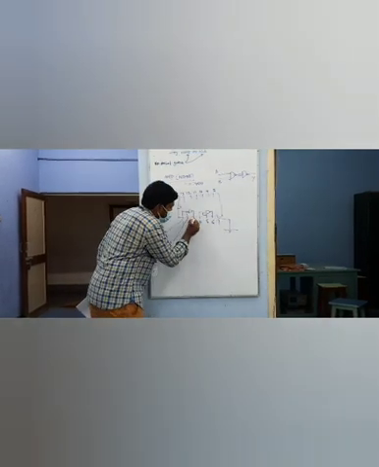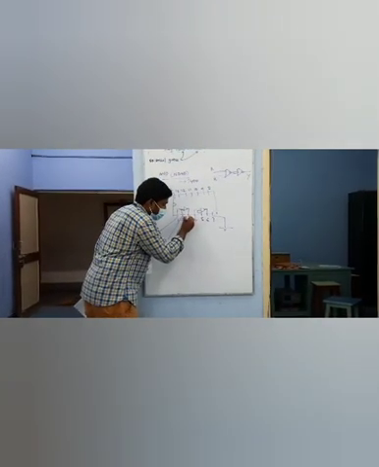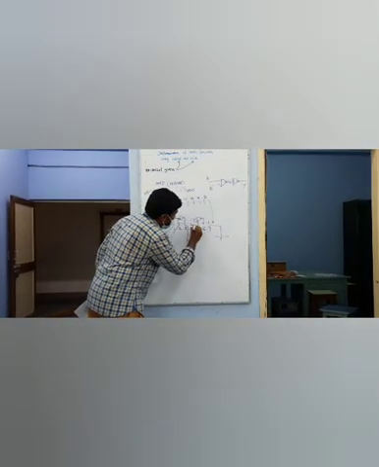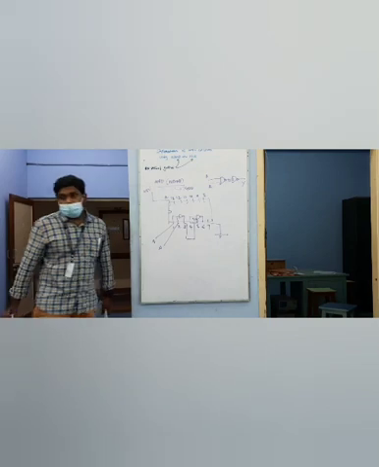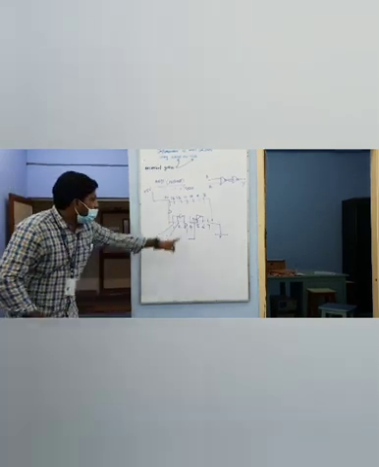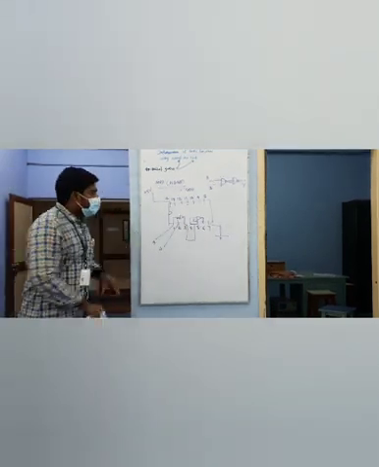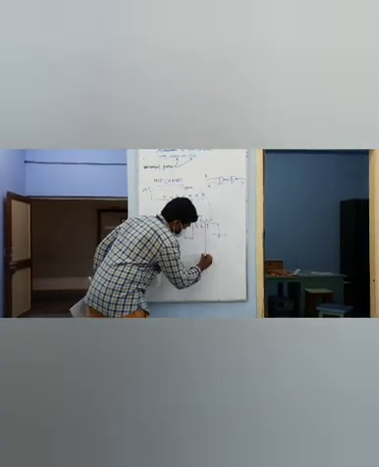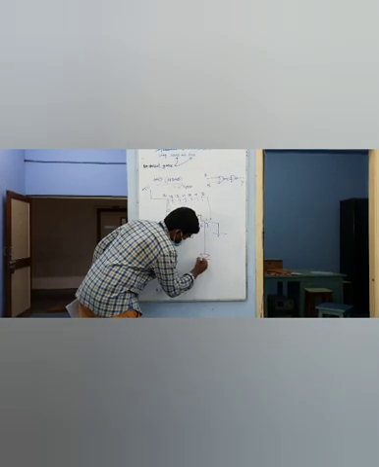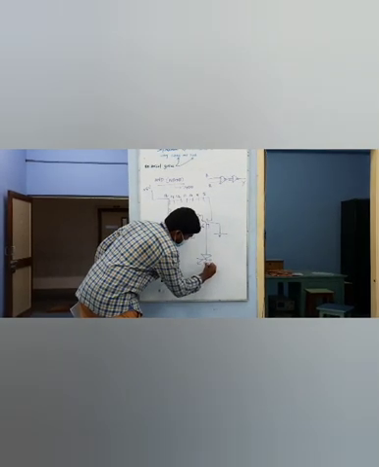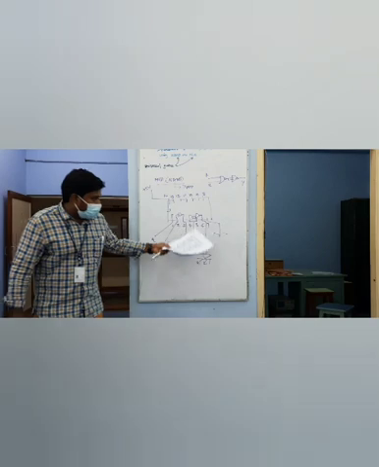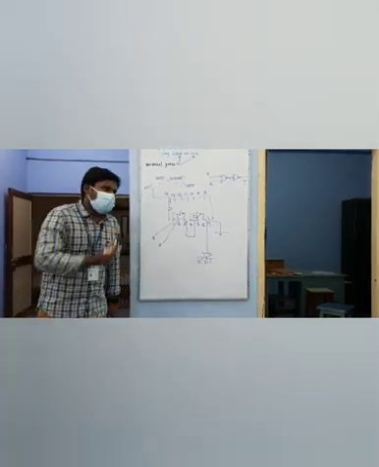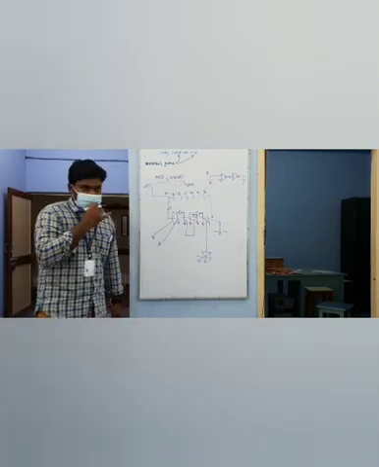The intermediate output is taken from my 3 and it is connected where? It is connected to my 4 and 5. Then I have my output in my 6, and this output is connected to a LED. If the output is 1, the LED will glow. If the output is 0, the LED will not glow.